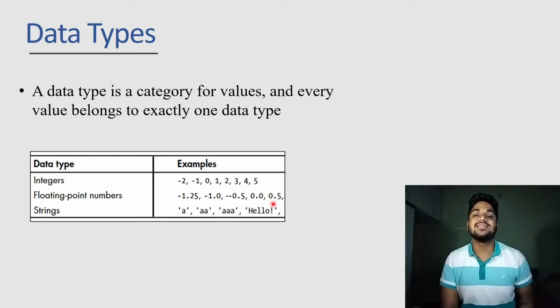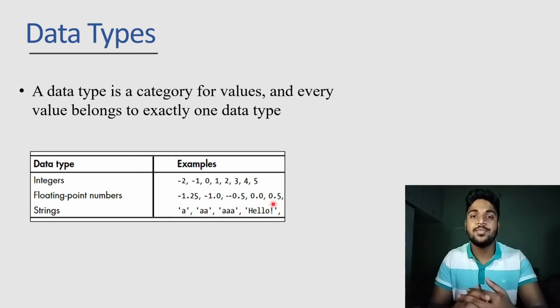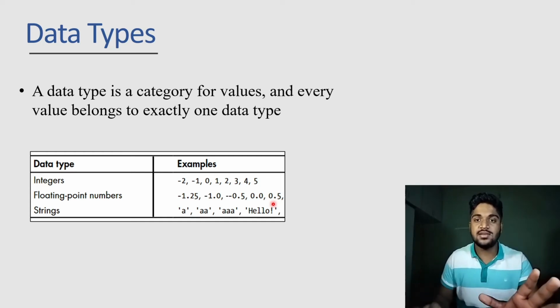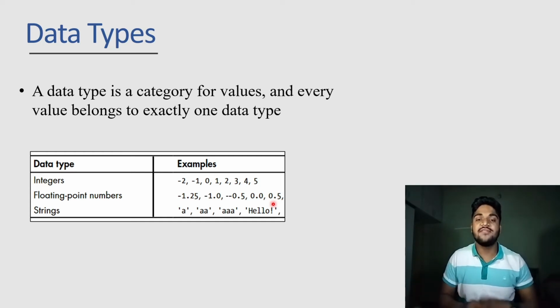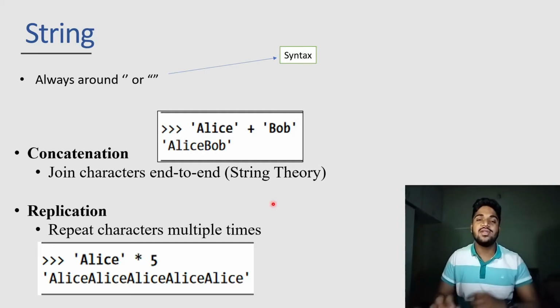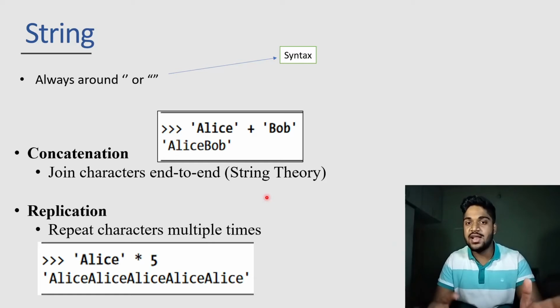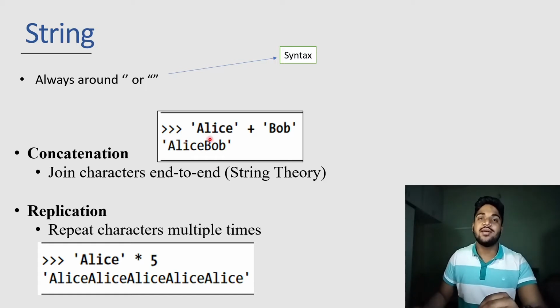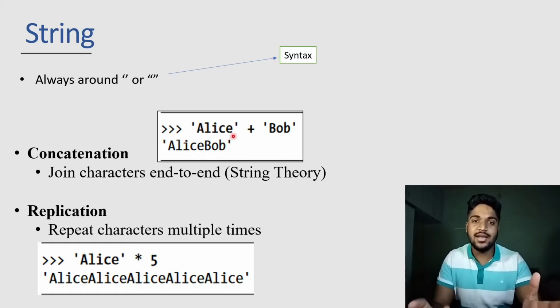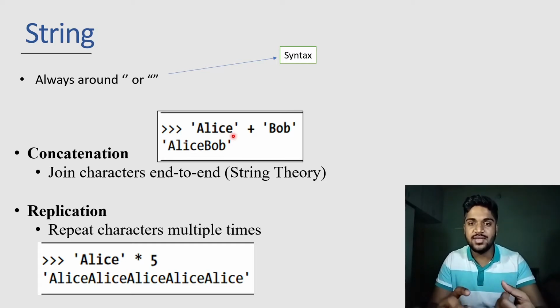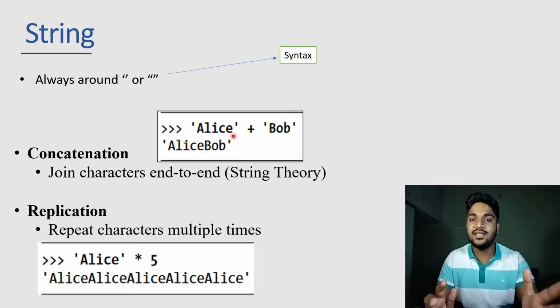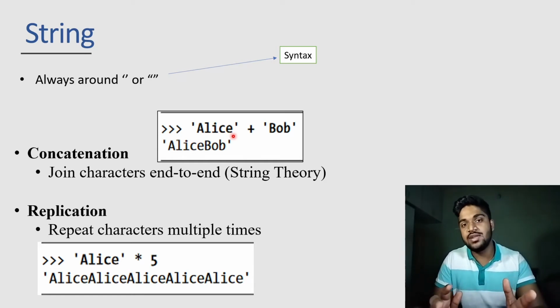And the last thing is string. Strings are really important in Python. A large chunk of Python uses strings. There are many methods and many functions that we can perform using strings. So let's talk about strings a bit. Strings have a syntax, whereas integers have no syntax. We can just give a number and it will take it as an integer. String has a syntax. For example, let's say I want to use a string. A string can be anything from a letter, word or sentence, containing everything from spaces to symbols and special characters. Everything can be used in strings.